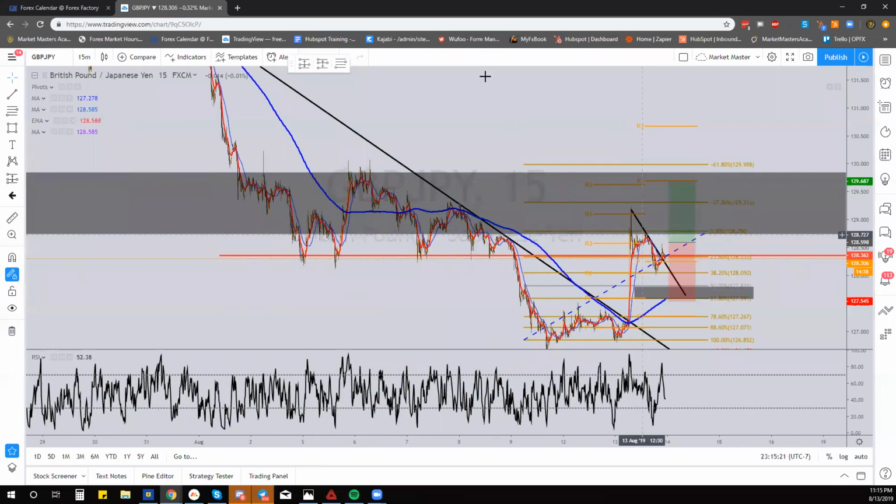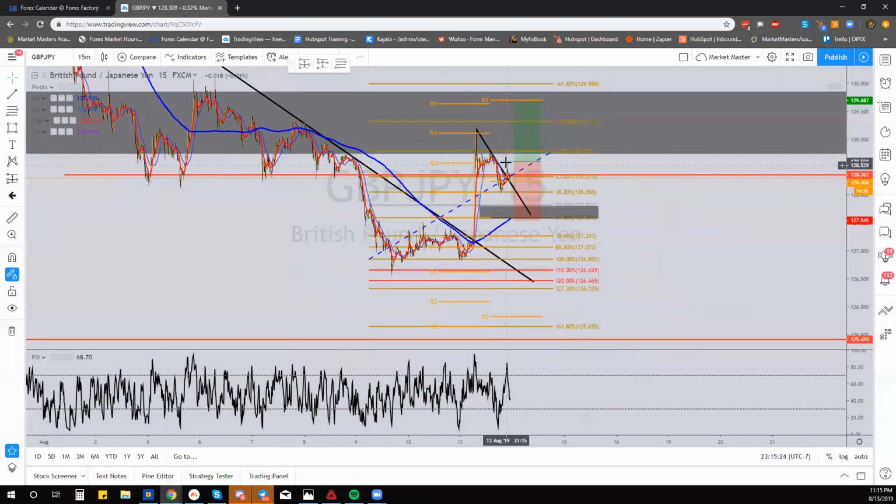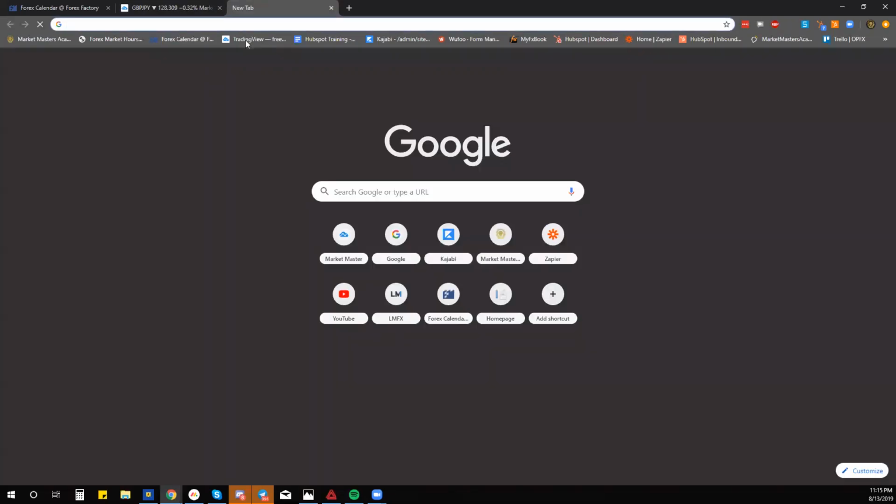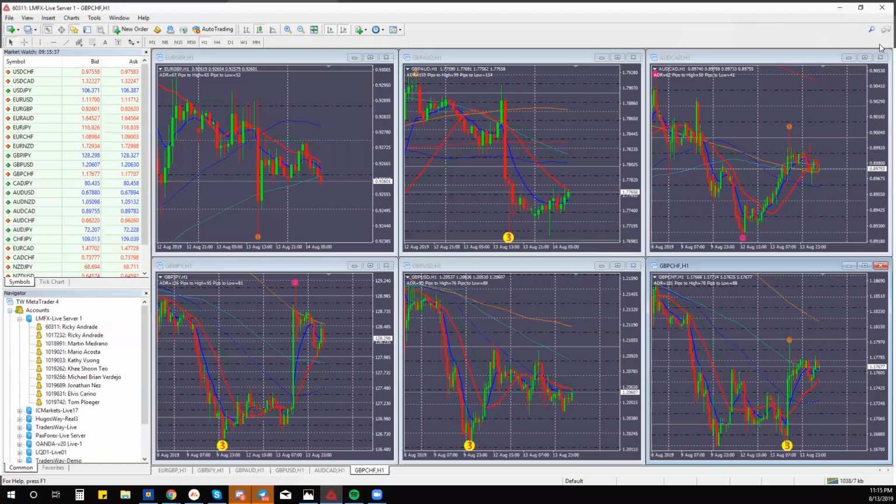It's already creating higher highs. So this is most likely going to be that higher low and then should continue going up. So be ready to see GBP JPY going up. And overall, all the other GBP pairs should be going up. So GBP USD,